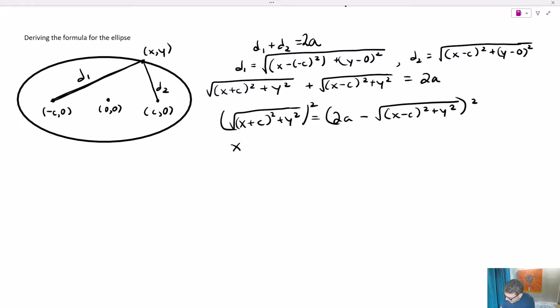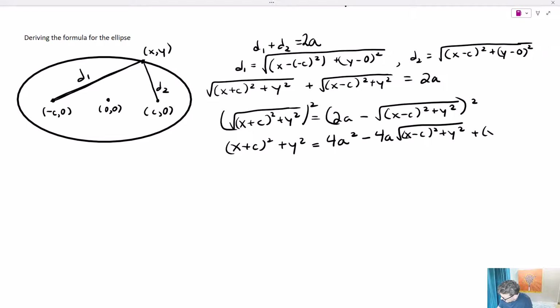And that's going to give me x plus c squared plus y squared on this side. And that'll equal then, and we're going to write this as, 4a squared minus 4a times the square root of x minus c squared plus y squared plus x